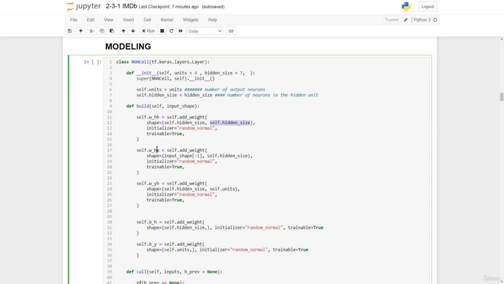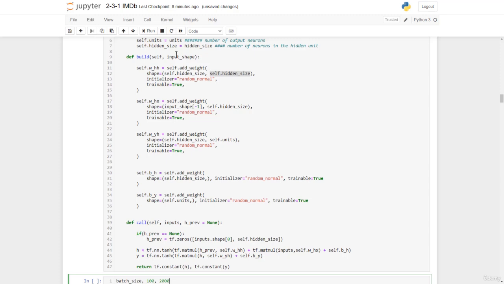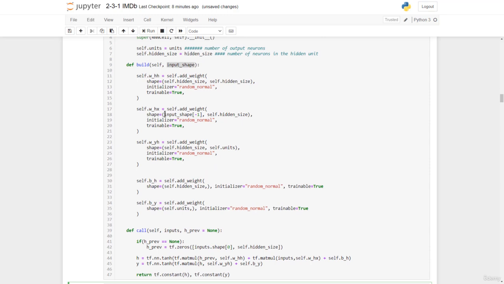In this case, HX, if we suppose that we have an input like this with this kind of shape, so we have the batch size, we have the sequence length, which we could just take to be 100, and then we have the vocabulary size to be 2000. Then this input shape will be this. And now input shape -1 will give us 2000. So right here we have 2000,